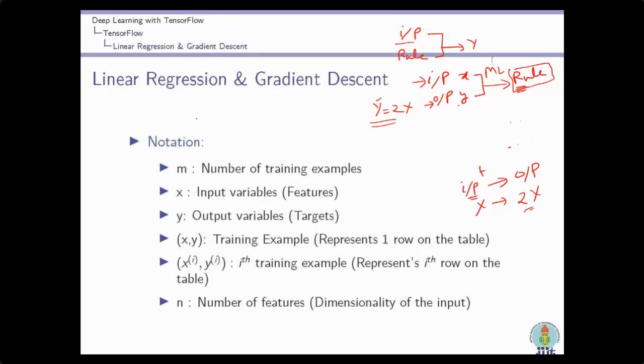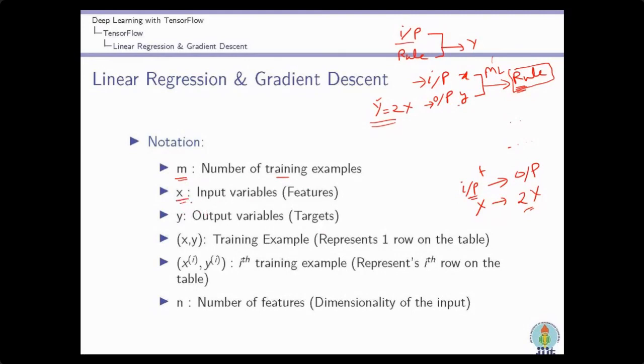Okay. So now let's take the linear regression problem. You have already studied it. I think Dr. Kusum has discussed this linear regression problem. So in this problem, let's say we have m number of training samples, and these m training samples have feature values.